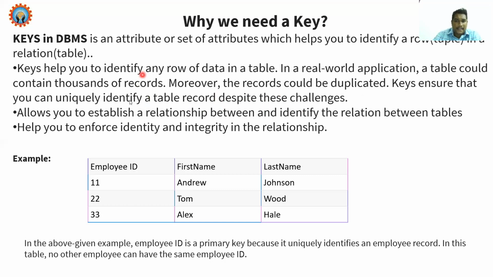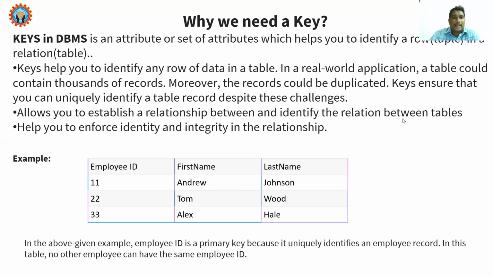If you implement the keys, automatically we can identify where the duplication is happening, so that we can reduce the duplication in our relation. It also allows you to establish and identify the relation between tables. Previously we discussed the referential constraints.